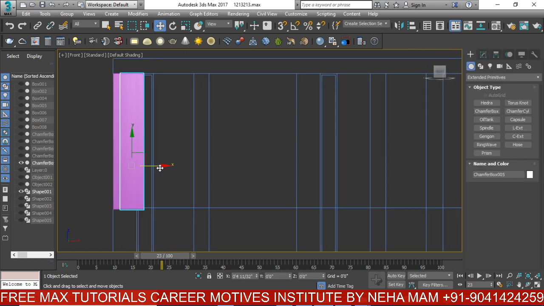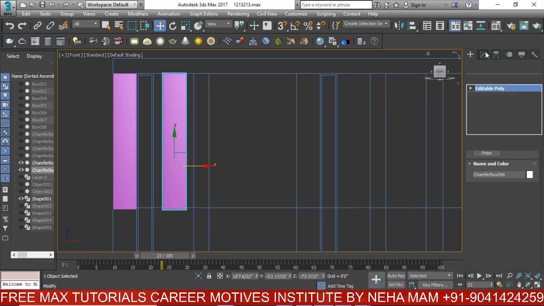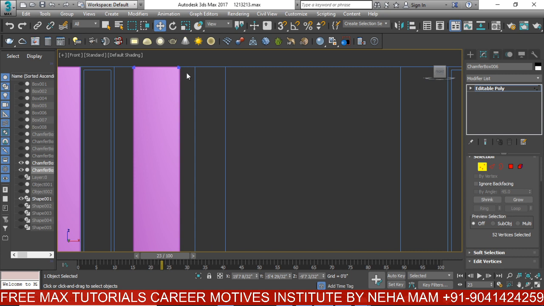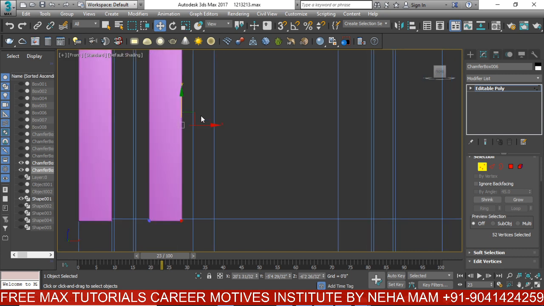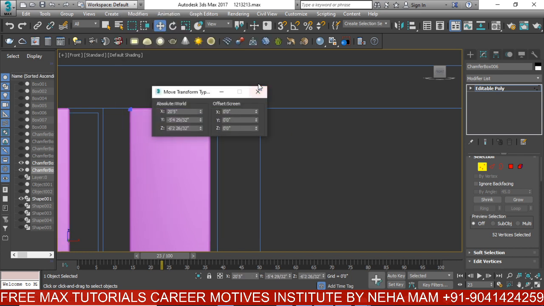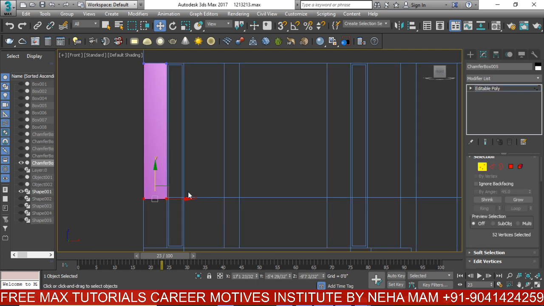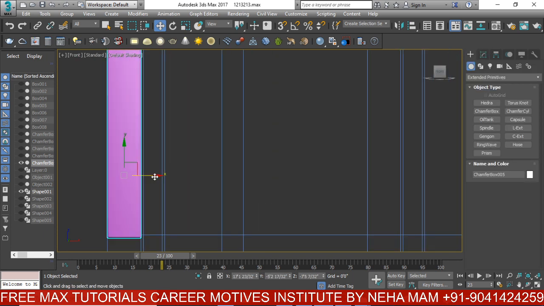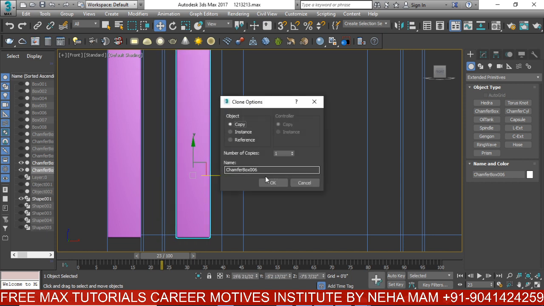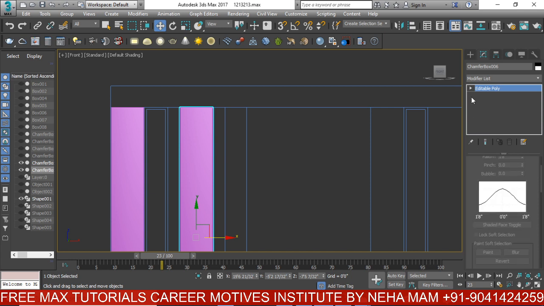Okay, and now I'm going to move this. Copy, not instance. Okay, and now with the help of vertex,